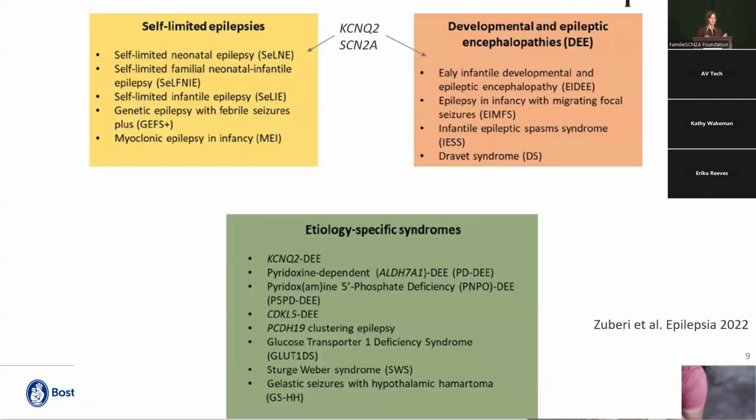I don't expect you to read all the fine print here. This is essentially showing you similarly those self-limited epilepsies that I mentioned. And it's really not two separate boxes, but more of a spectrum between that and the developmental and epileptic encephalopathies. There is a middle ground of having some developmental challenges in epilepsy, but not necessarily to the same severity. And 2A as well as KCNQ2 are the most common causes, at least of those presenting in that super early infantile period. I left the etiology-specific ones down there, even though SCN2A isn't on the list, because I think it needs to be eventually, so we should advocate for that.